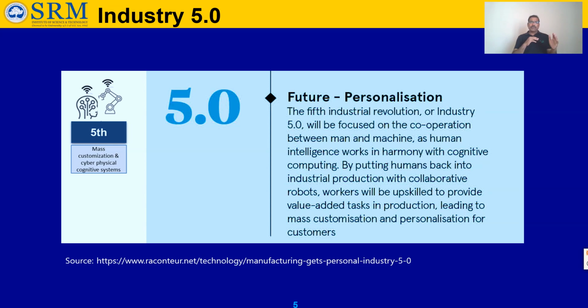So Industry 4.0, mass production will be there, cyber physical systems are there. But in terms of Industry 5.0, it will read our mind and we can give our input on what we have in mind or what expectations we have. But challenges will be there because perception and thinking vary from individual to individual. If we collect all their opinions, it is very difficult. That's why cognitive computing is there.